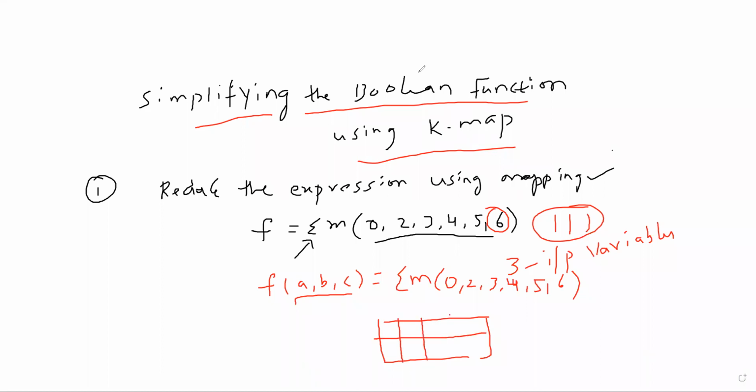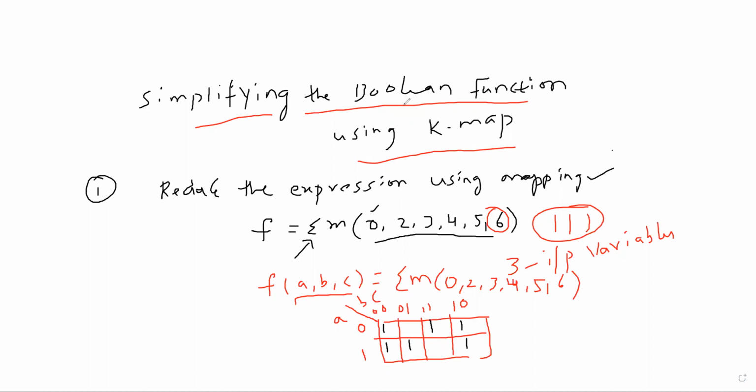Now let us consider this is A and this is BC. Now we know that this is 0, this is 1, and this will be 00, 01, 11, 10. Now what are the minterms given in the Boolean expression? 0 in the 0th position, that means here 1, and in the second position, this becomes the third position, 4, 5, and this becomes the sixth position.